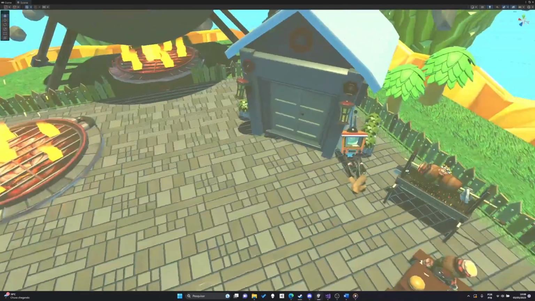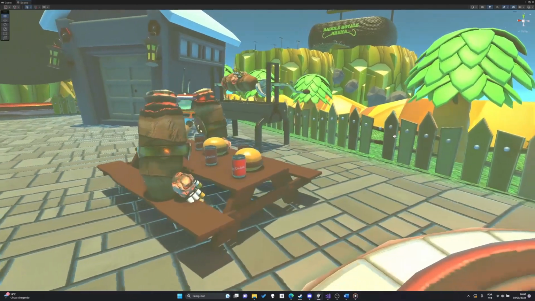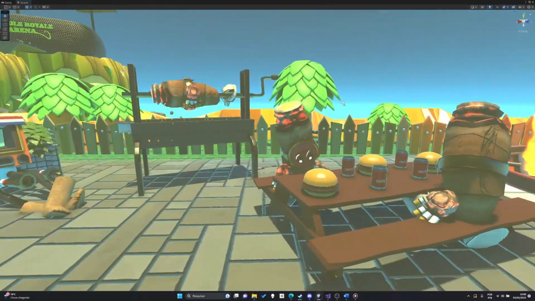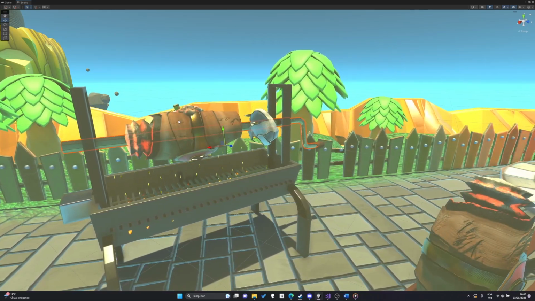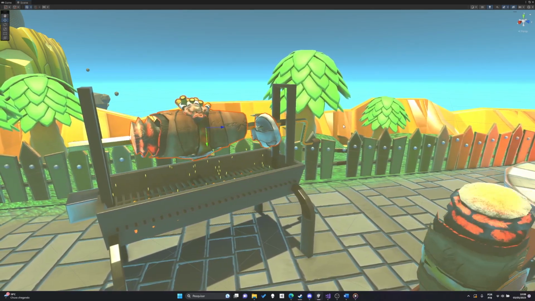Now let's take a look at another structure. Here you can see two cigars just chilling, eating a barbecue while they roast their own friend. Using the Unity animator, I made a crank rotator on its own axis and parented the cigar to it so it will rotate as well.